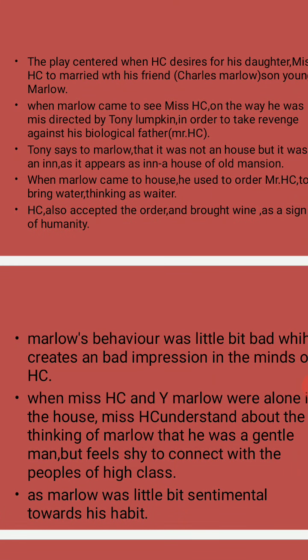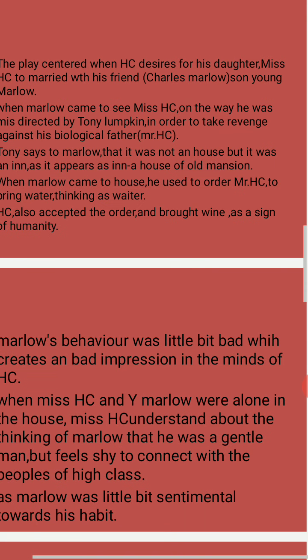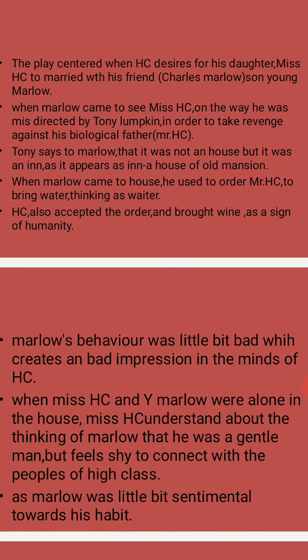So next, the play centers on when Mr. Hardcastle desires for his daughter Miss Hardcastle to marry his friend's son. The name of the friend is Charles Marlowe. His son's name is young Marlowe. When Marlowe came to see Miss Hardcastle, on the way he was misdirected by Tony Lumpkin in order to